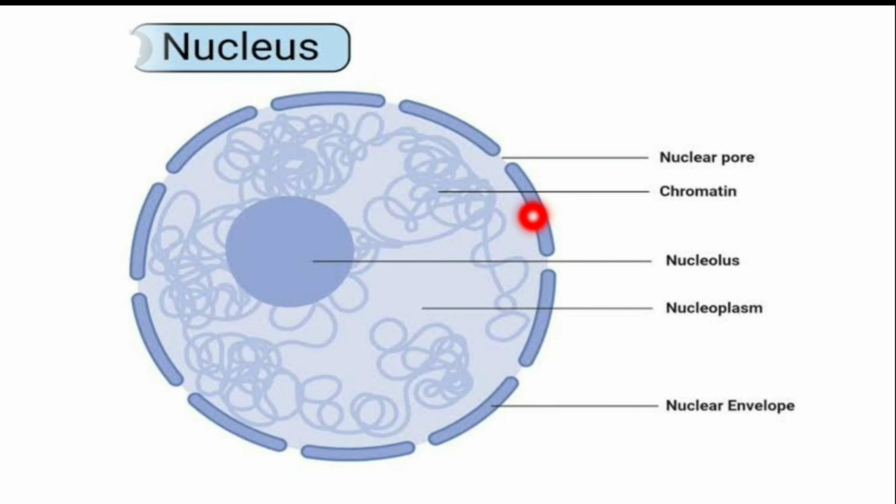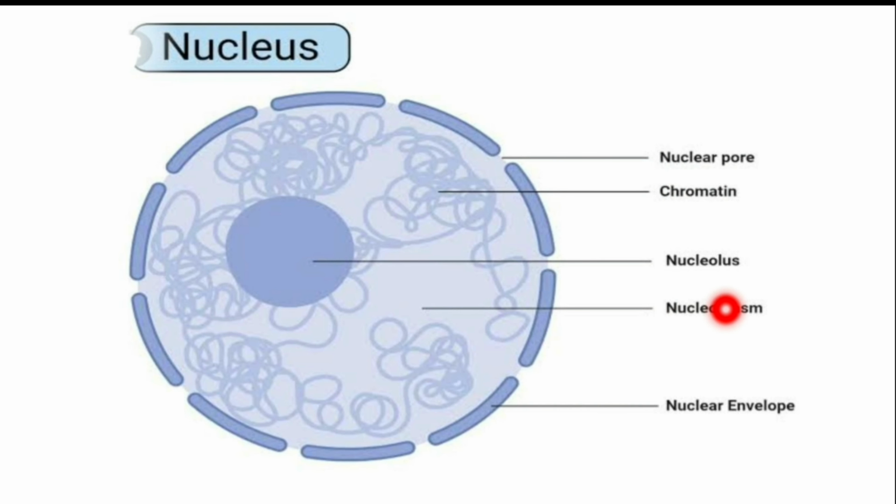First, the nuclear membrane, that is the outer layer of a nucleus, also known as the nuclear envelope. It is the membrane barrier that separates the nucleus from the cytoplasm. Now, the nuclear pores. These are the nuclear pores. These are lined in the nuclear envelope. This allows small molecules and ions to pass or diffuse into or out of the nucleus.